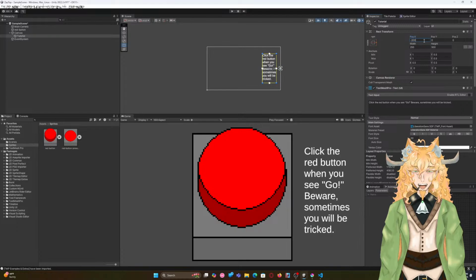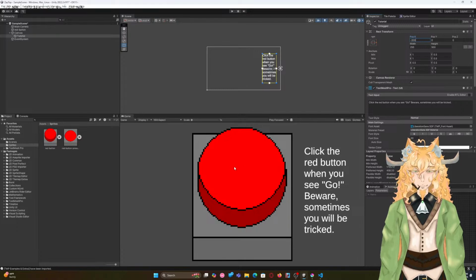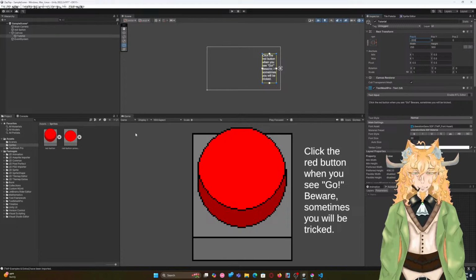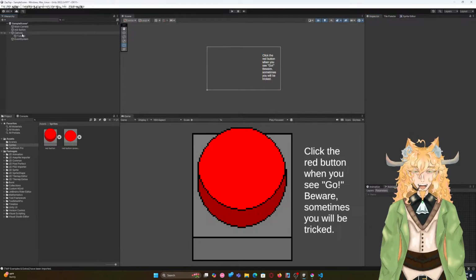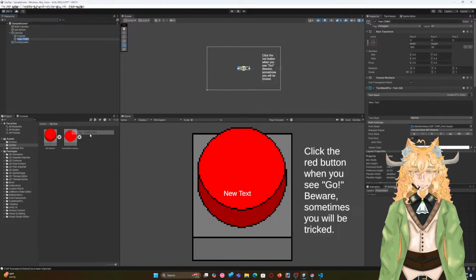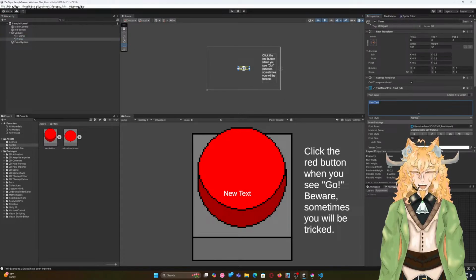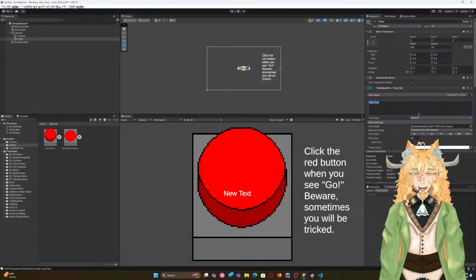And that basically explains the game. There will be a thing over here that says wait for it, and it will change. And once it says go, click the button, and yeah, that's basically how that works. So let us add another one of these. This will be for the timer. And then we will call this, or